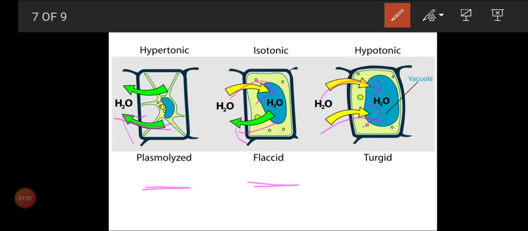Why? If there are no water molecules inside the lemon, automatically we call it the death of the cells, or we call it shrinkage of the cells taking place. That shrinkage is what we call plasmolysis. Why do we call it plasmolysis? Plasma means protoplasm, lysis means death. Here the protoplasm will die, so that is what we call plasmolysis.